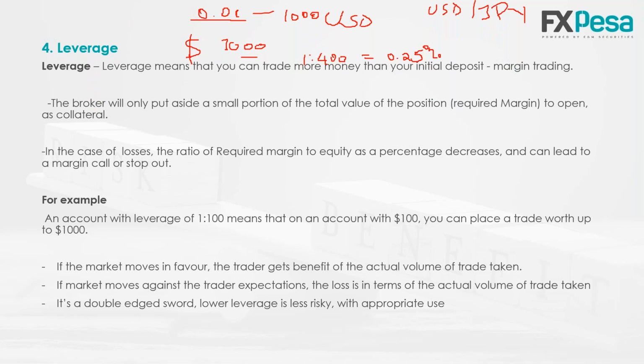So you can imagine the whole of 99.75 you've just been given, right? So you're just taking a small percentage of your money to hold a position worth $1,000, but when you're getting